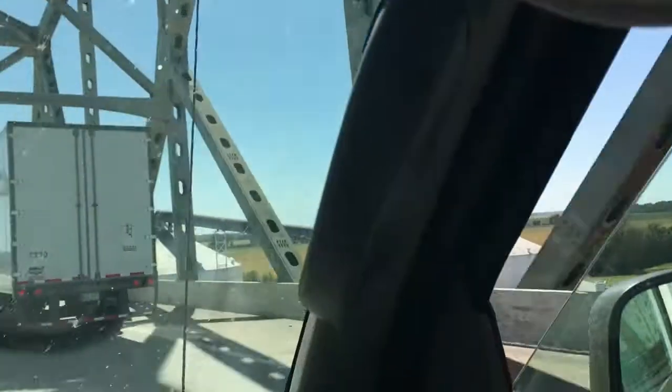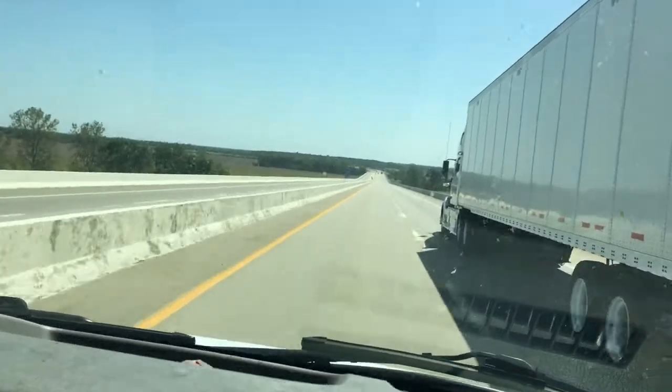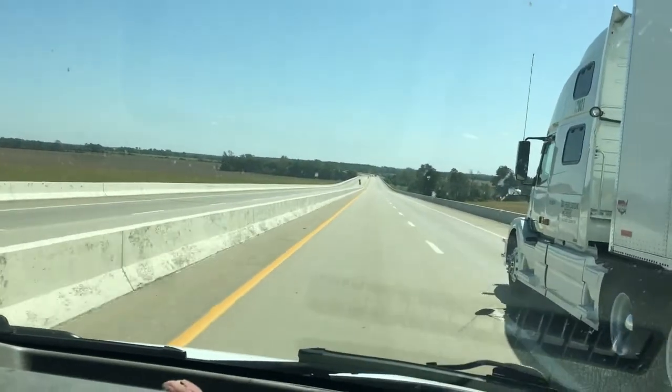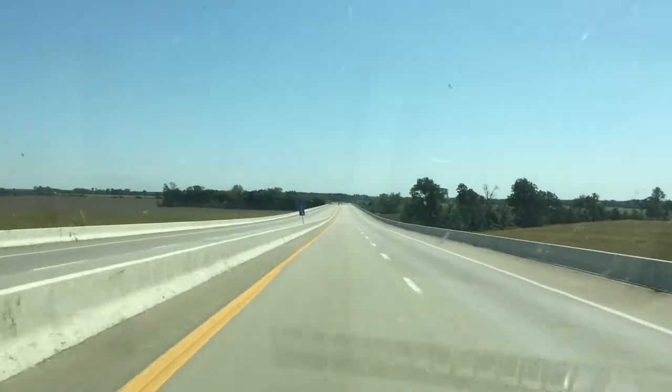Country road take me home to the place I belong in Tennessee. That's what I say. Country road take